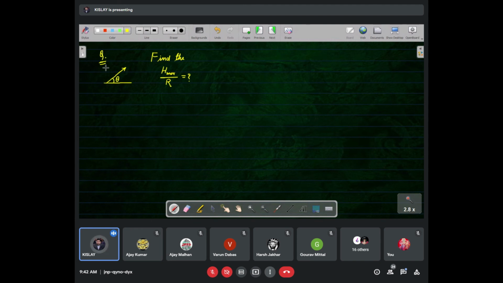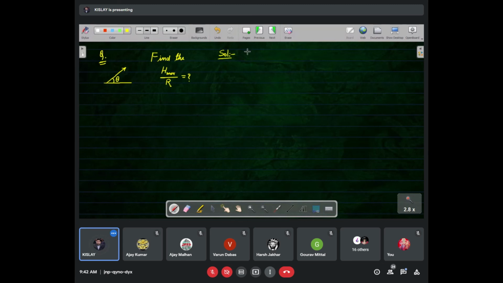How can we find? Can we find? Yes, we can. See, how can we find? Only theta is given, nothing else is given. So your answer will be only in terms of theta. See the solution. The sine 2 theta by sine square theta. देखते हैं बेटा. Yeah, you may write, but I'm just solving.